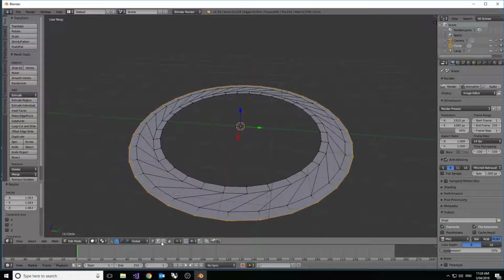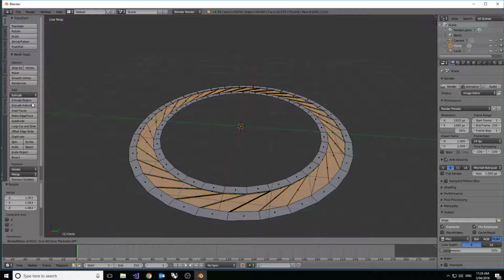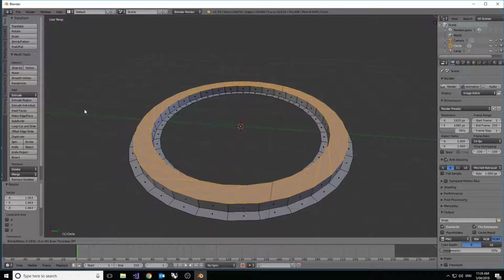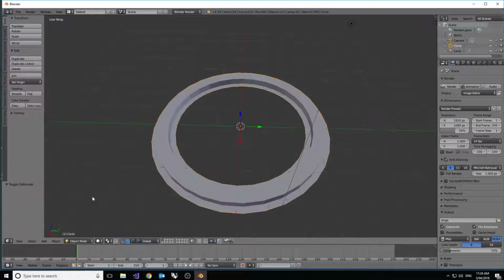Alright? Change to face mode, hold down your Alt key, and right click that. Now when you do this extrusion, be careful, because if you extrude like this, it's going to extrude one piece. You want to extrude each face individually. Okay? Come into about there, and you're going, alright, well, what have you done? You've made nothing. I'm going to go back to object mode.